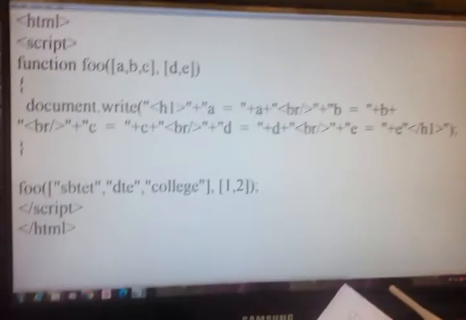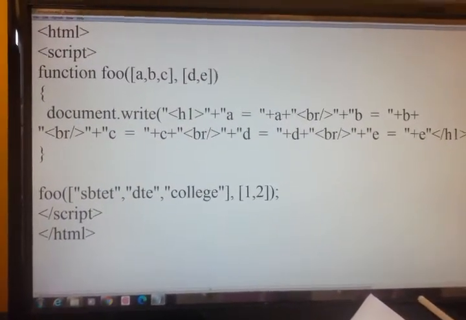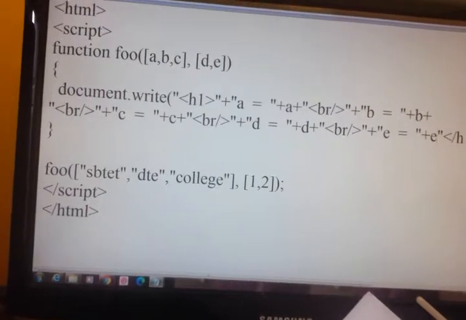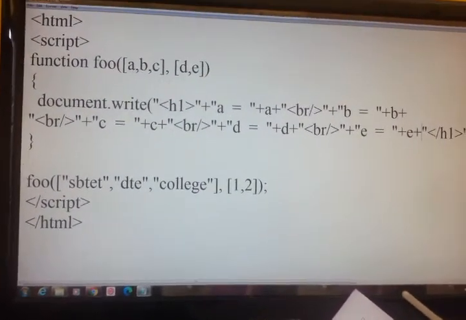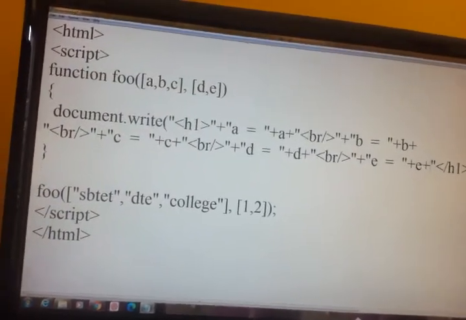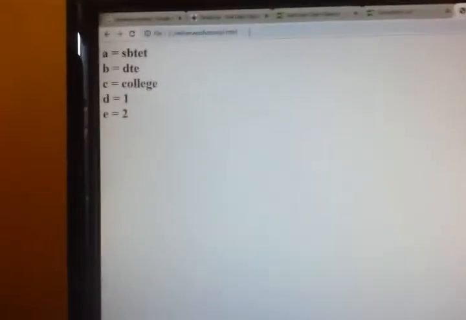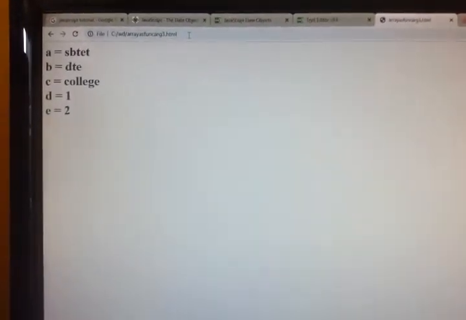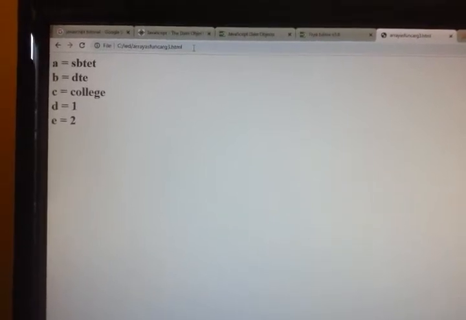So now in the function I have passed two arrays. I'm not getting it, let us see what mistake I have made. Yes, less is the mistake. Let's save. So I am able to pass multiple arrays in a function.